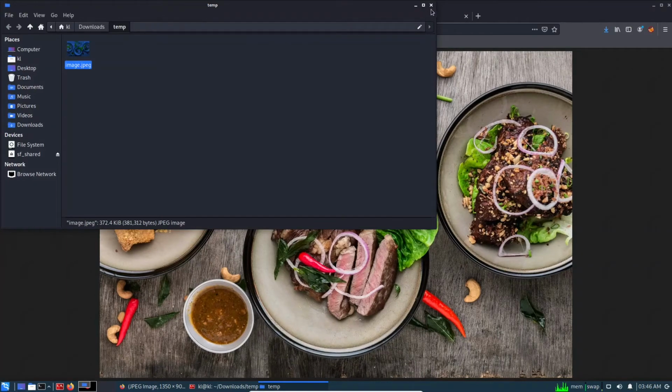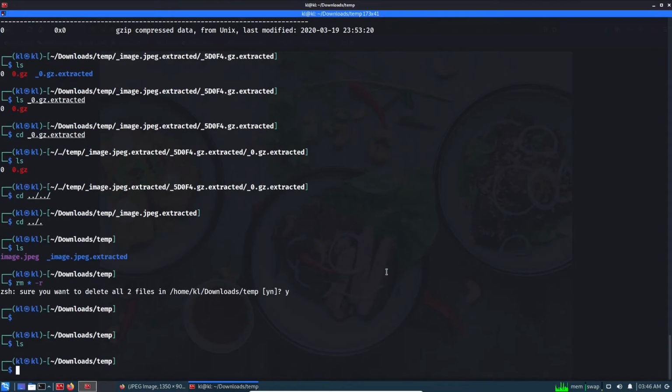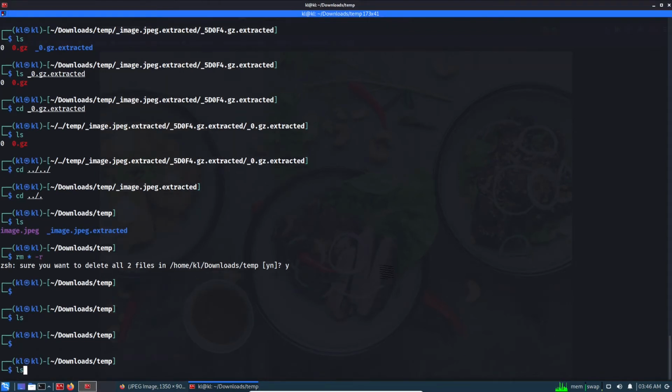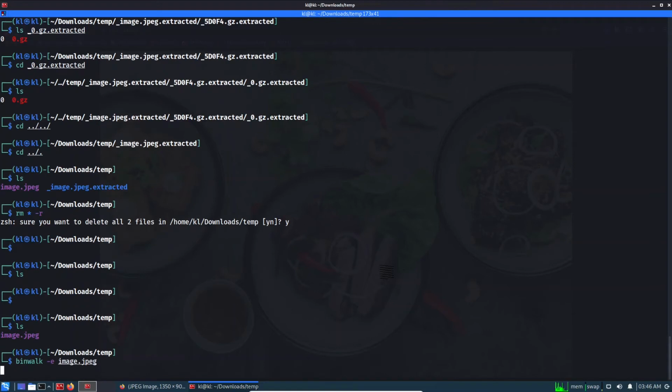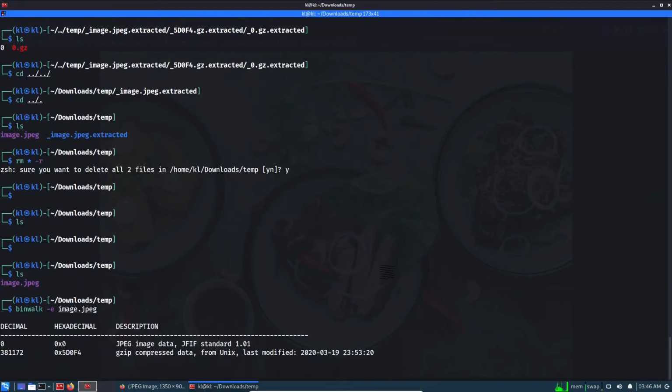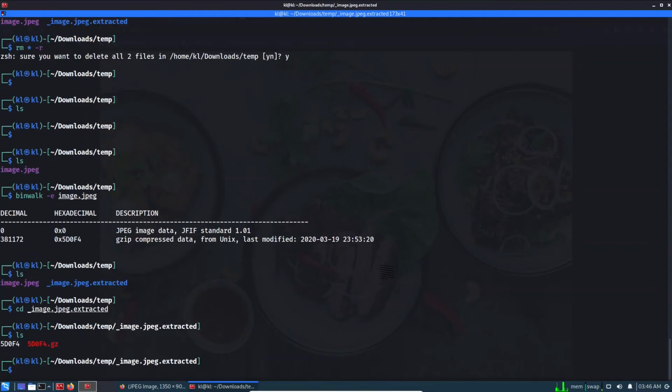So let's do this again one more time. ls, binwalk minus e image. This is fine. And if I go to the image extracted directory, ls, and if I do this again,